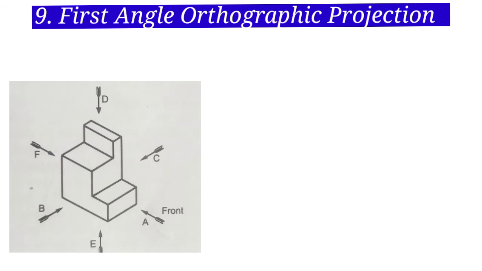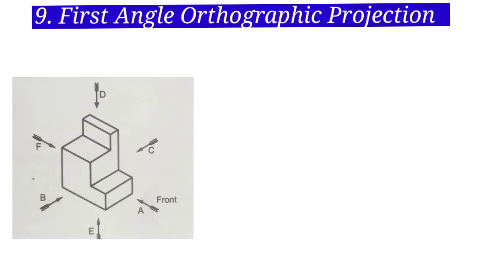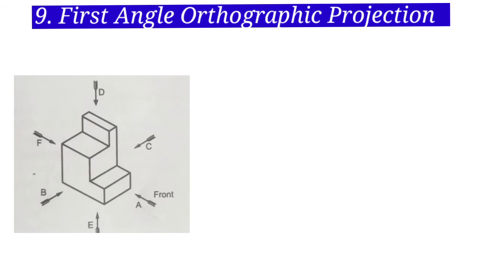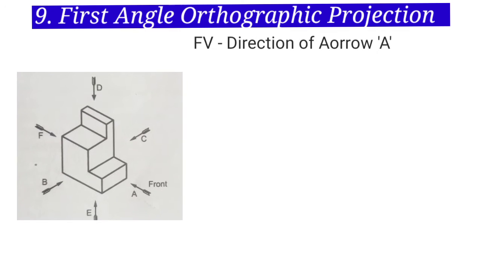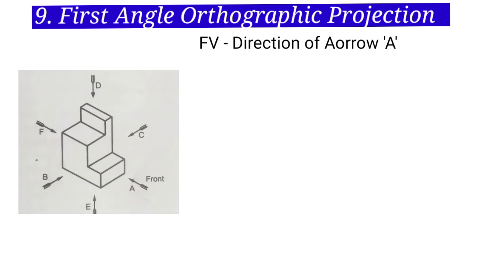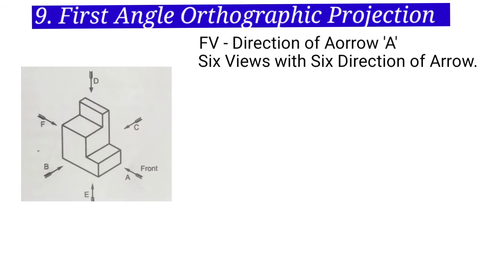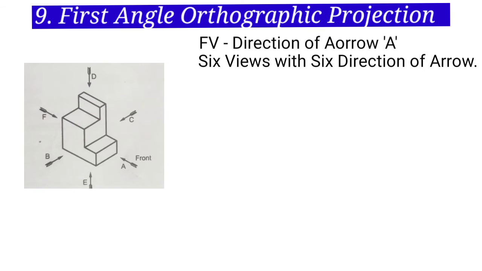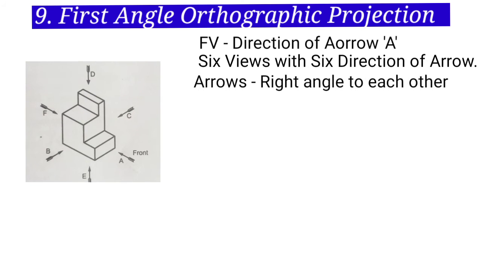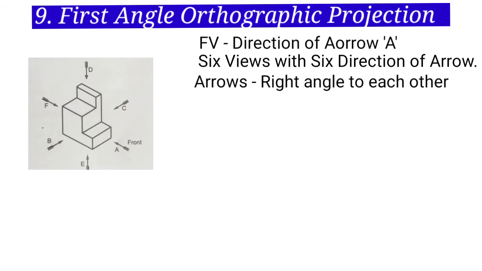The pictorial view of the block is arranged in an arbitrary way because none of the three faces is more important than the others. Further, in order to describe the orthographic views, we need to select a principal view. In the present view, we have chosen the view in the direction of arrow A to be the view from the front. The 6 arrows point to the different surfaces of the block, and 6 views will result on 6 different planes. The arrows themselves are positioned square to the surfaces. They are also at 90 degrees or multiples of 90 degrees to each other.